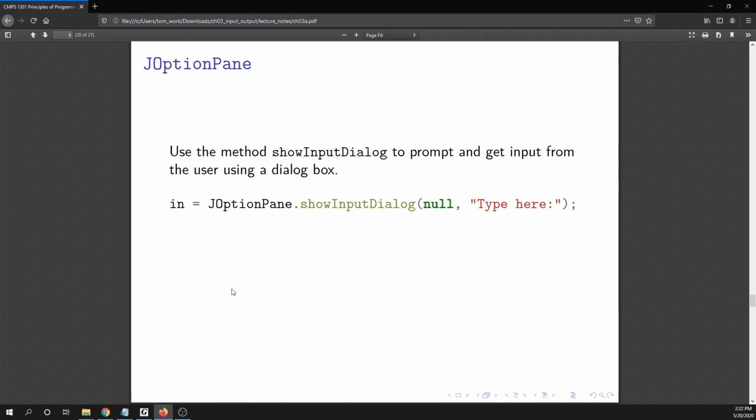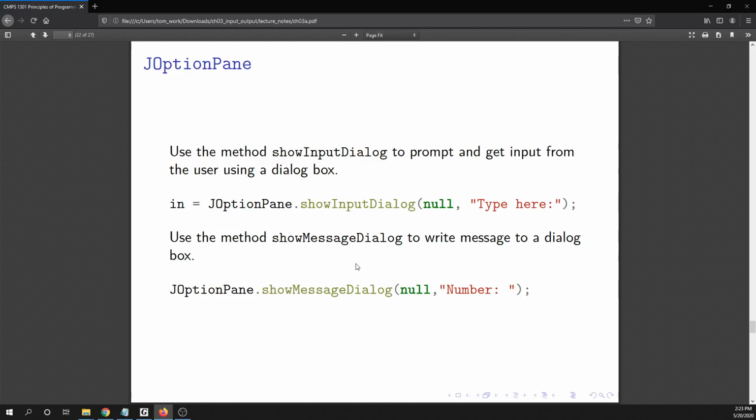All right, so typically it would look like this. You have some variable which you would declare as a string. That part's left off. I should add that in there. But it is JOptionPane.showInputDialog. This null is not needed in the input dialog. It'll work fine with it in there, but it's not needed. Your prompt will go here. Okay. So you put your prompt in there, and